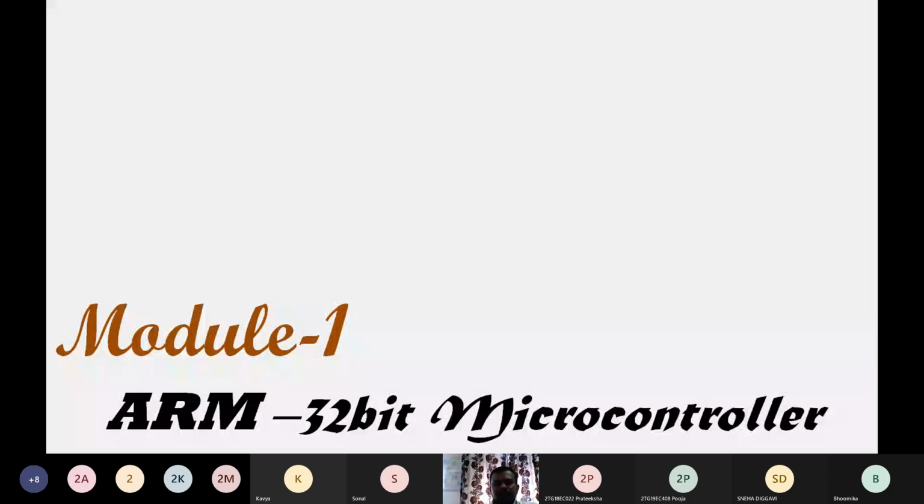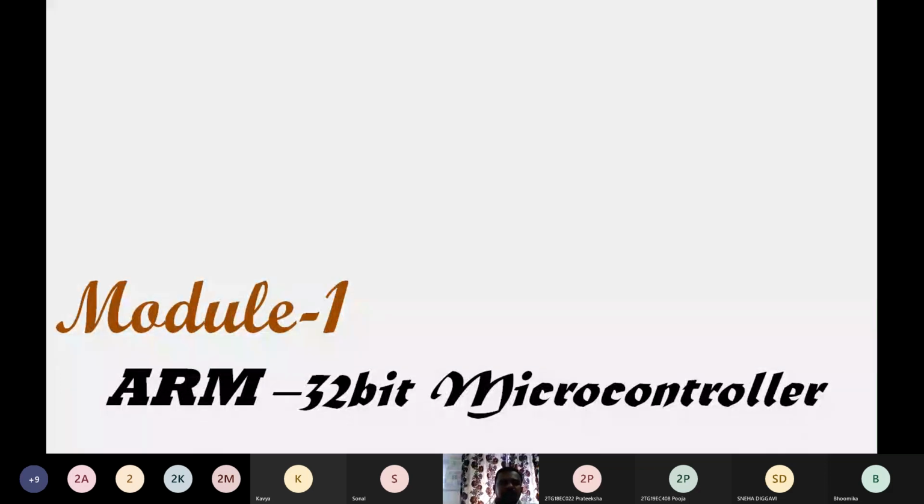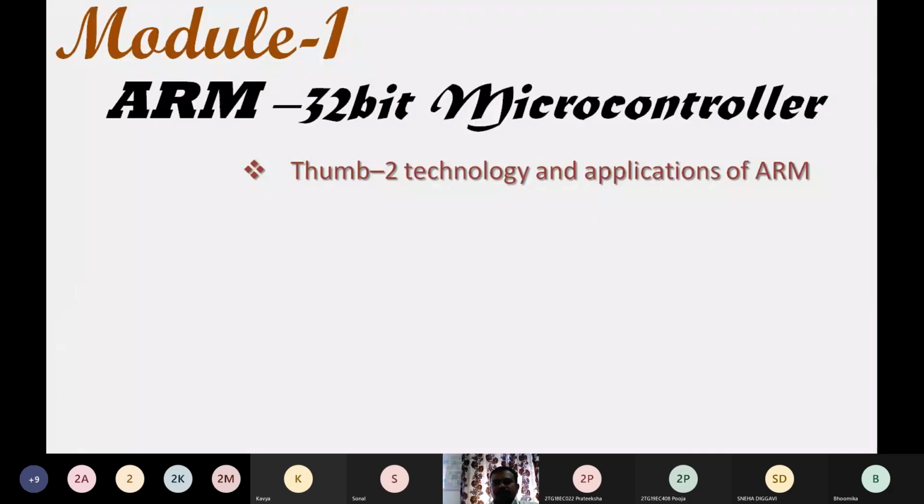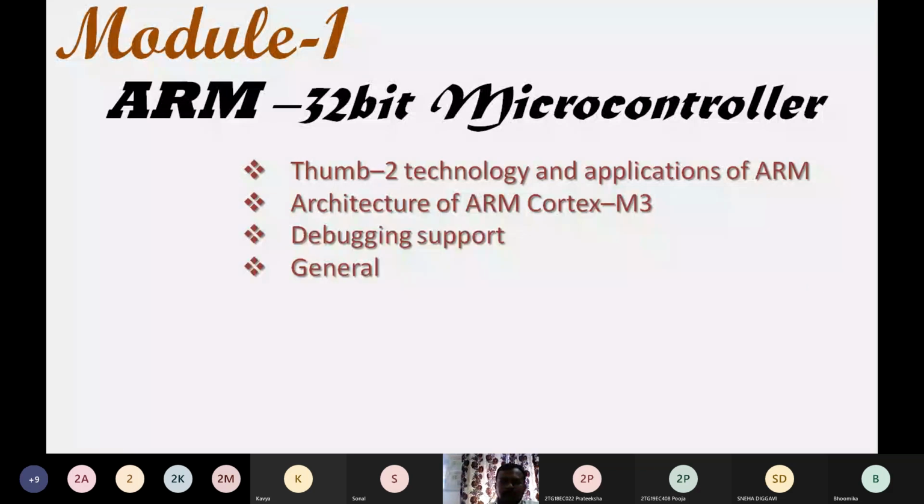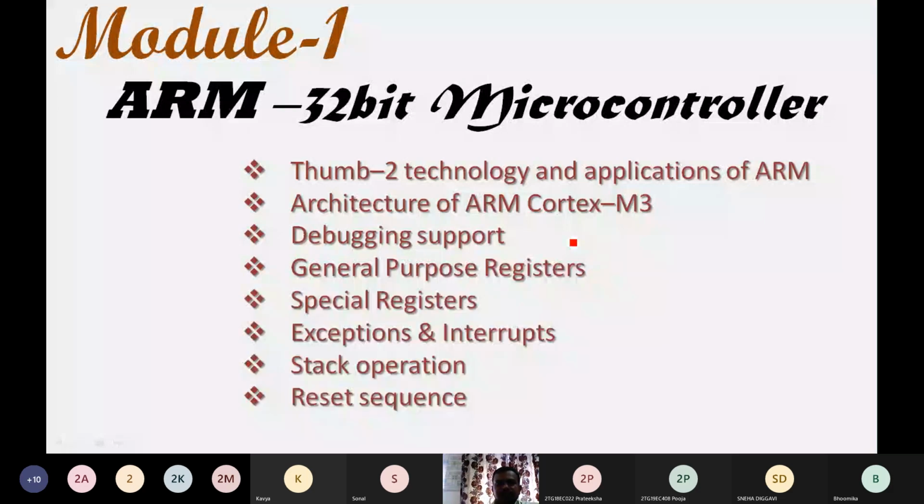We will discuss the introduction to the ARM 32-bit microcontroller, the Thumb 2 technology and applications of ARM, the architecture of the ARM Cortex M3 processor, the debugging support, the general purpose registers and special registers available in that ARM microcontroller, interrupt handling and exceptions, stack operations, and the reset sequence.